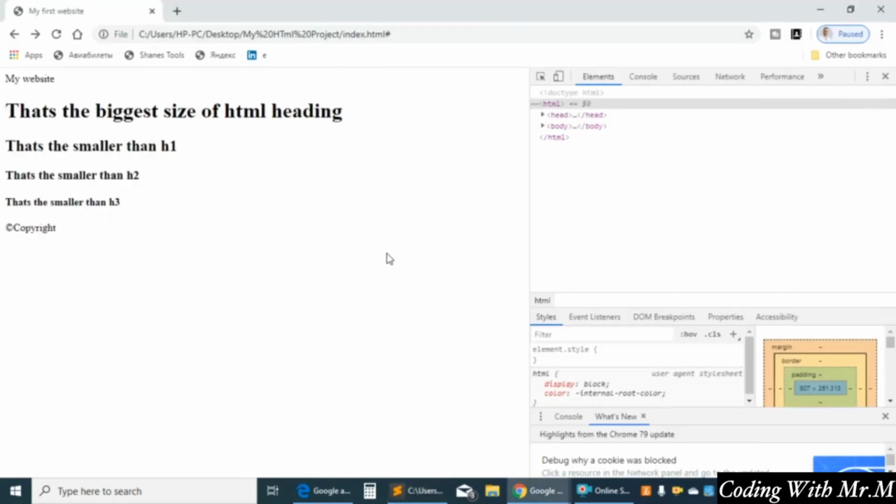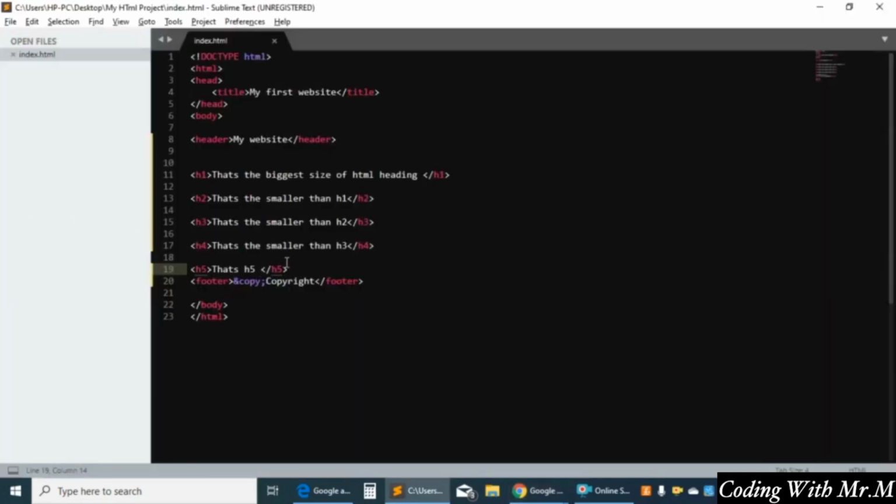Okay, so refresh the page. Right now that's a little bit smaller font size. Its pixel height is 13.28 pixels,